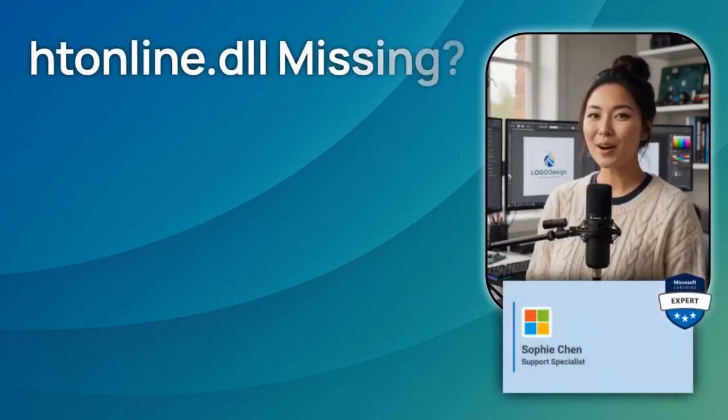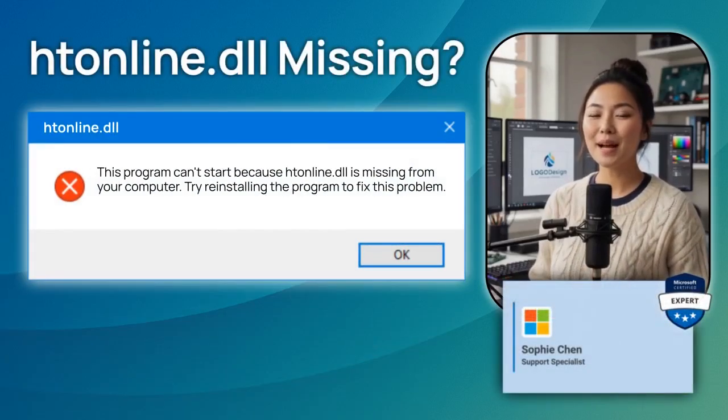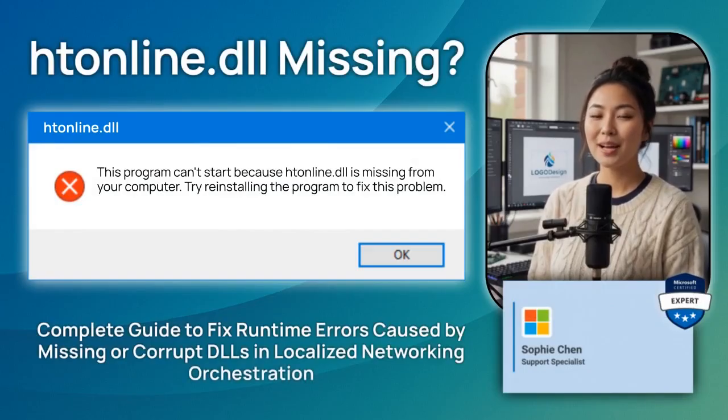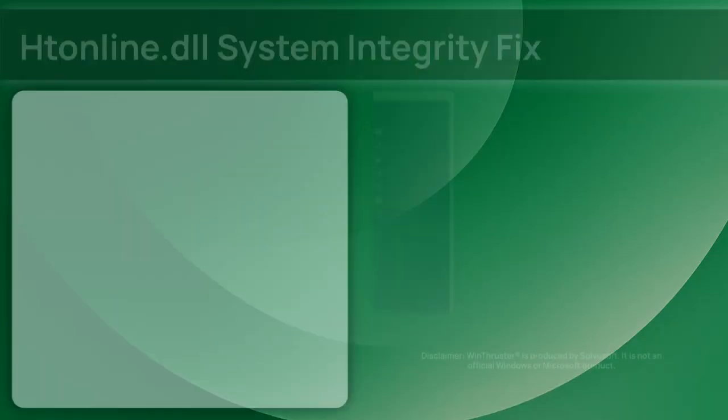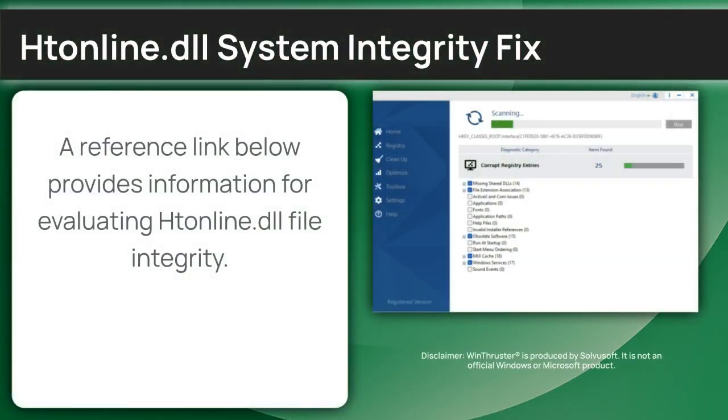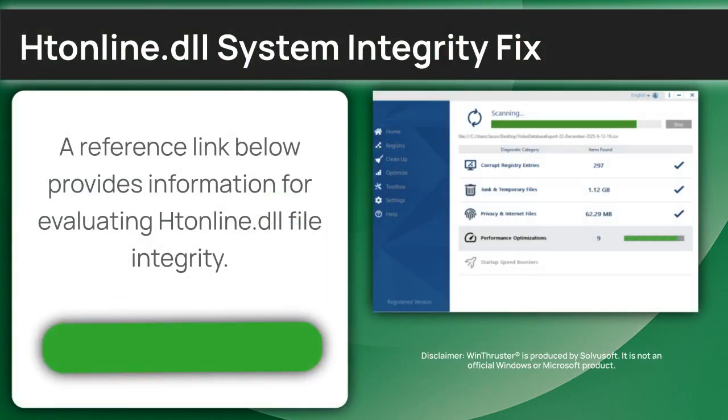Frustrated by the Htonline.dll DLL crashes? I'm Sophie Chen, a Windows support engineer, and we're going to re-register those gaming components today. Before we get started with the Htonline module, you may want to try the diagnostic path below to ensure your system